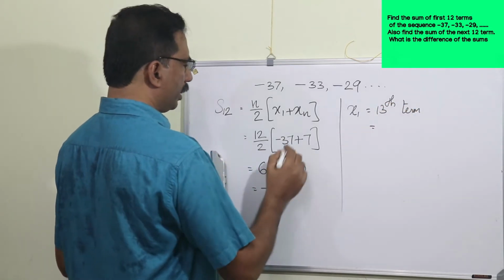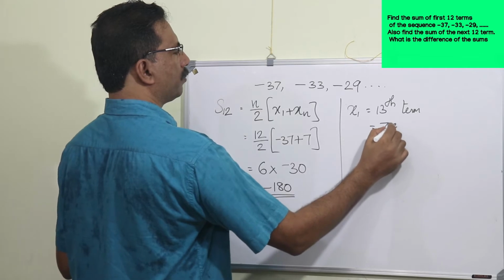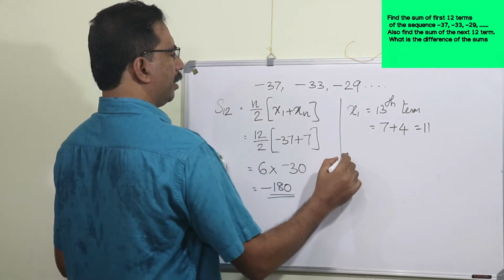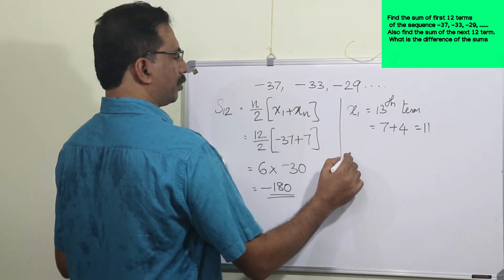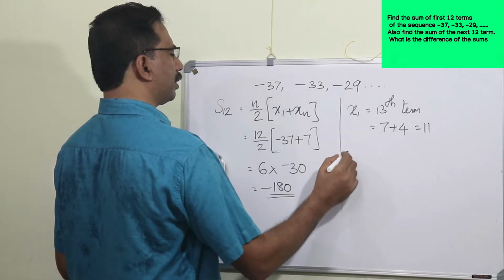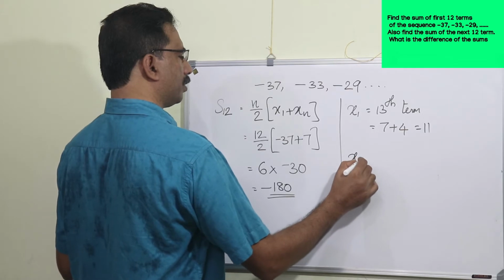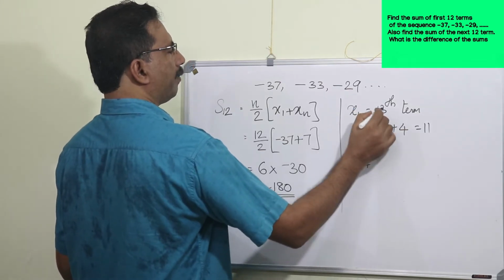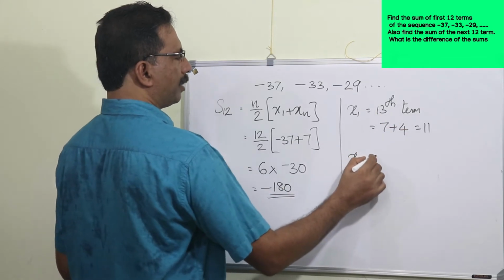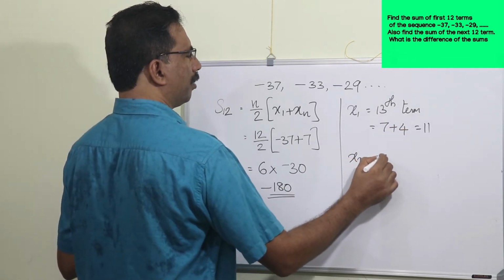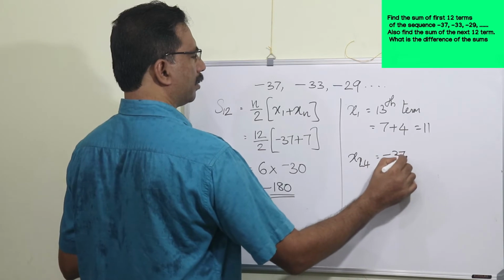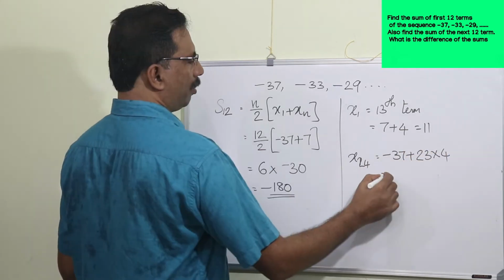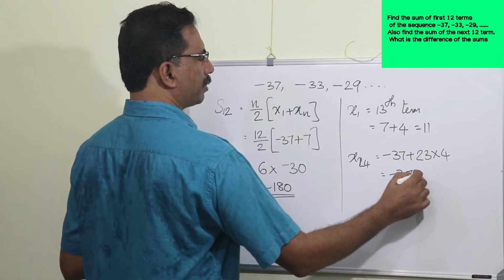That means the 12th term, we know, is 7 plus 4. What is that? 11. And the 12th term here means the 24th term. The first term is the 13th term, and the Nth term is the 24th term. That means x24 is minus 37 plus 23 into 4, which is minus 37 plus